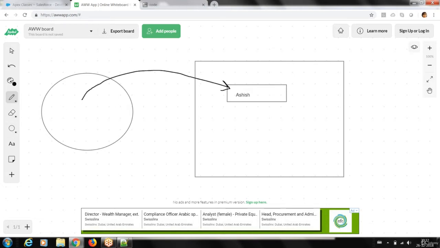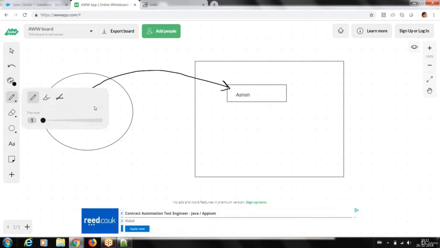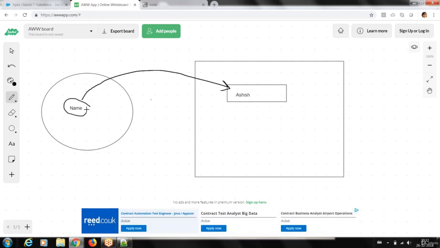Consider I gave the name as name. So this name is going to store what value? I said name is a variable where I store Assis. But what is this name? It is the name I gave for this memory location. And what type of data can it store? I said store Assis.